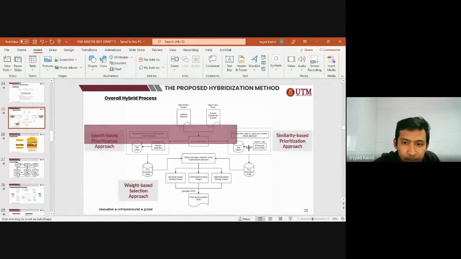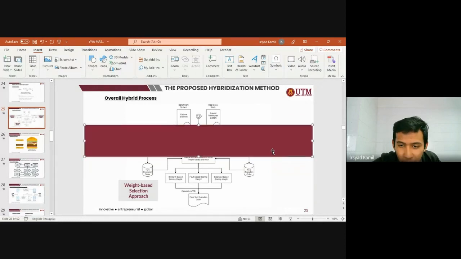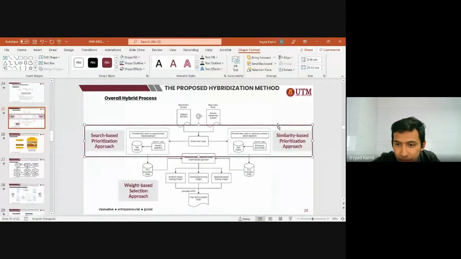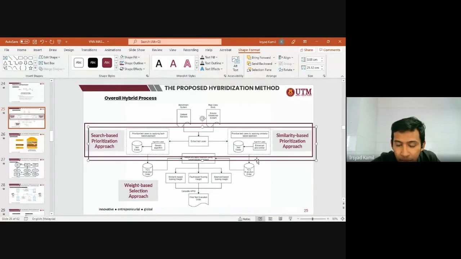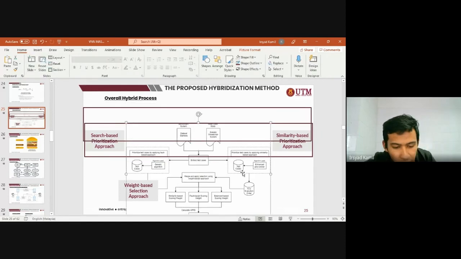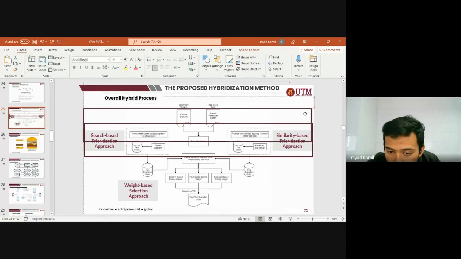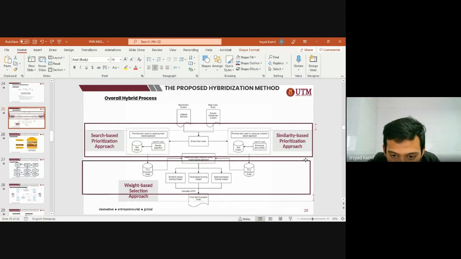So here is where the prioritization technique happens, and then here the prioritization happens. Both prioritizations will give a test execution order. Both test execution orders will be merged to form a new test plan,